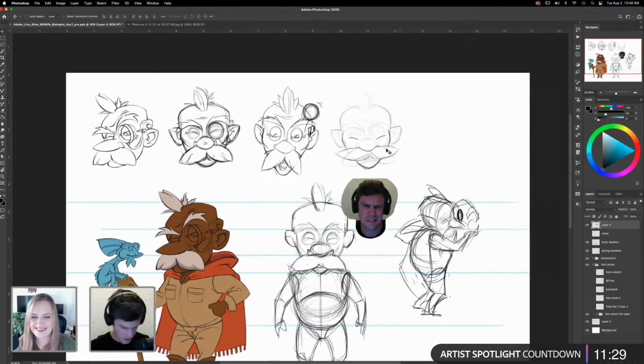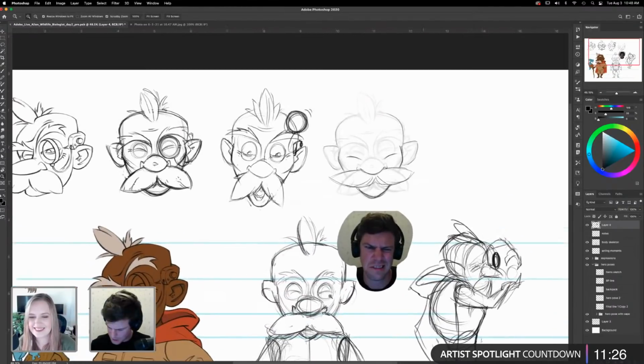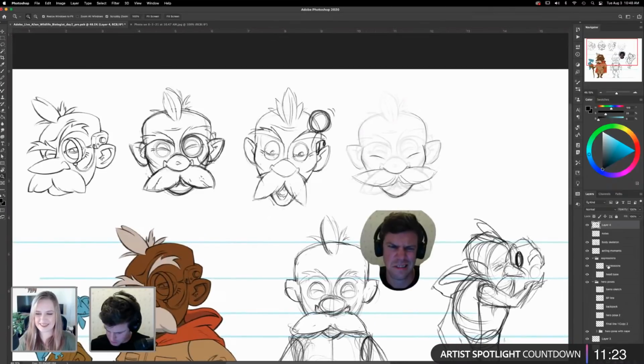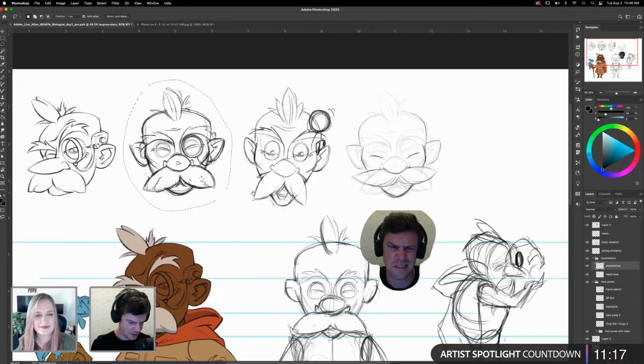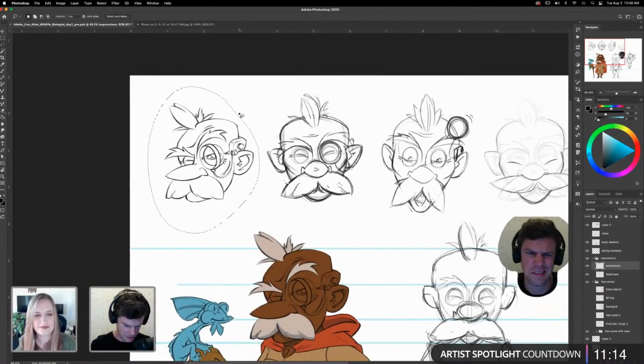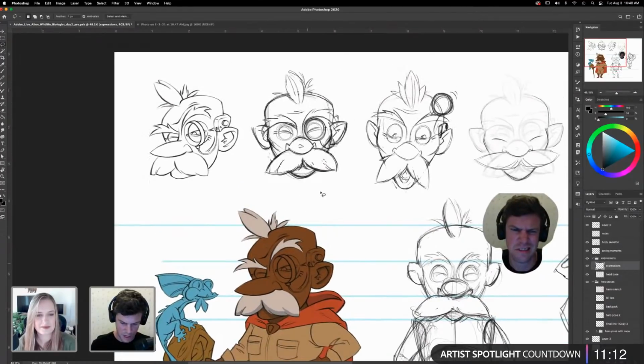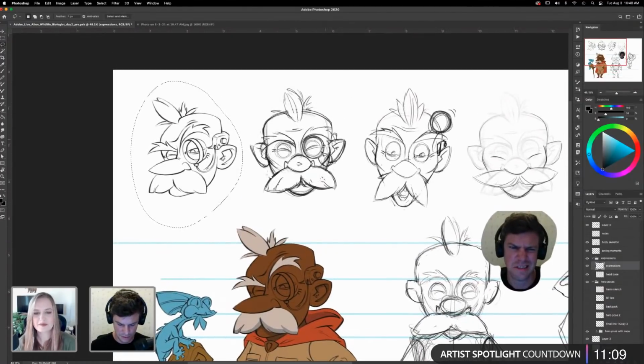Okay. And then I've been using this guy as my base form, because I had this guy from the original drawing. So I went ahead and did a front facing view, because I've already got the 3/4 view. This gives me a nice look at what he looks like straight on, which is really what you need if you're going to do expressions. I could have a profile view too, but I can kind of figure out what that's going to look like in my head, so I'm not going to do that right this second.